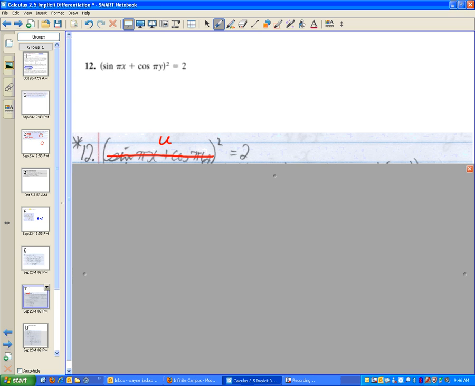First, think of this as u. So the first rule we use is the chain rule. So that will be, if we've got u to the n, it'll be n times u to the n minus 1 times the derivative of u. So 2